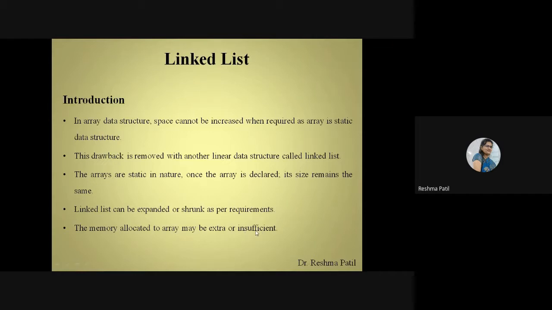The user wants to add extra elements into that array, but because of the space, the user cannot add. That's why it is insufficient. Linked list is more efficient in memory management because whenever required, we can use the space, and whenever not required, we can remove that space.